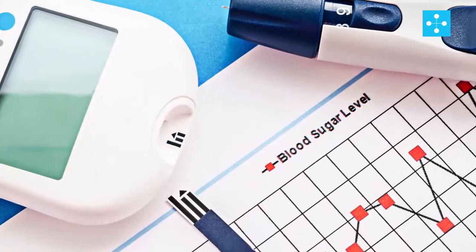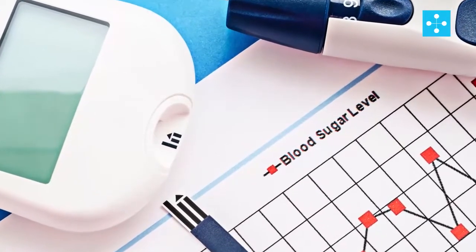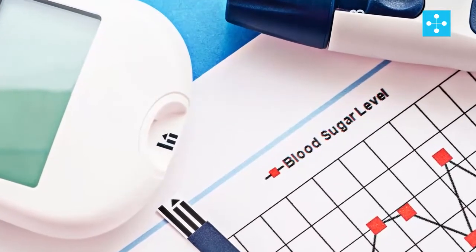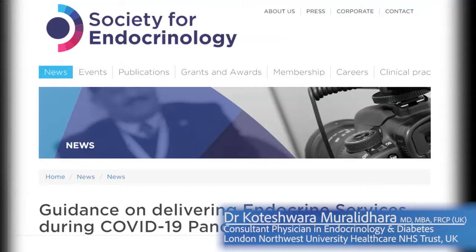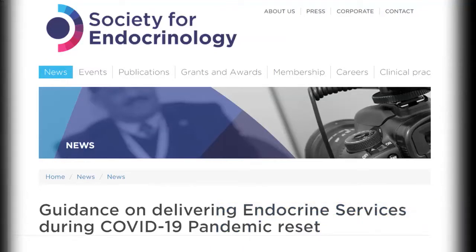Some of the issues that we have noticed is, as I mentioned, hyperglycemia in people who have not had diabetes and people presenting with diabetic ketoacidosis. Again, we try to understand this because the pancreas doesn't have ACE2 receptors, which are the main ones. So whether it is related to interleukin-6 and the cytokine storm, which creates a higher degree of insulin resistance, so that causes hyperglycemia and then related ketoacidosis.